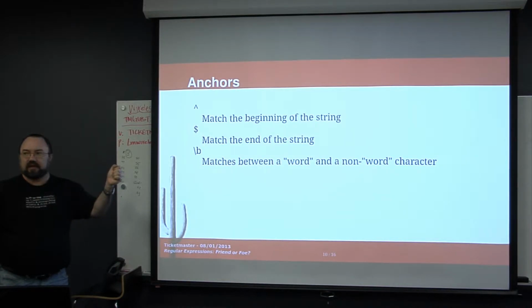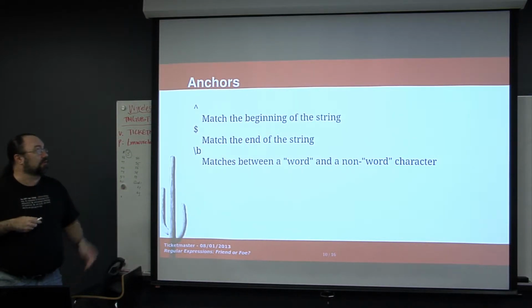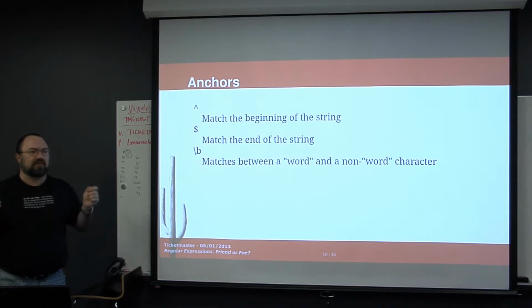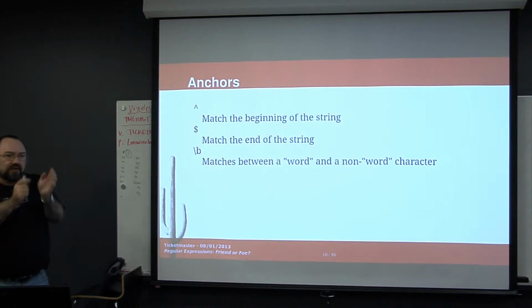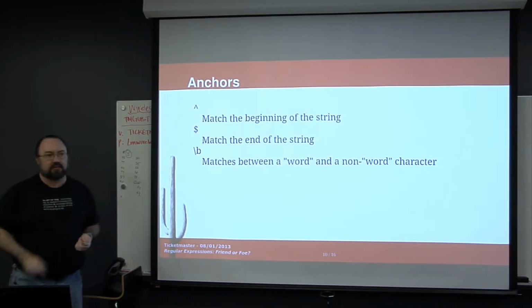Like for instance, if they were entering their account ID number, and it's all numeric, and it was 10 digits or something, you would want to start at the beginning, start at the end, and make sure there are 10 digits in the middle, nothing else. And that's mostly what you use anchors for, is when you want to be very specific that this whole thing matches, or this very specific part matches. That makes sense?